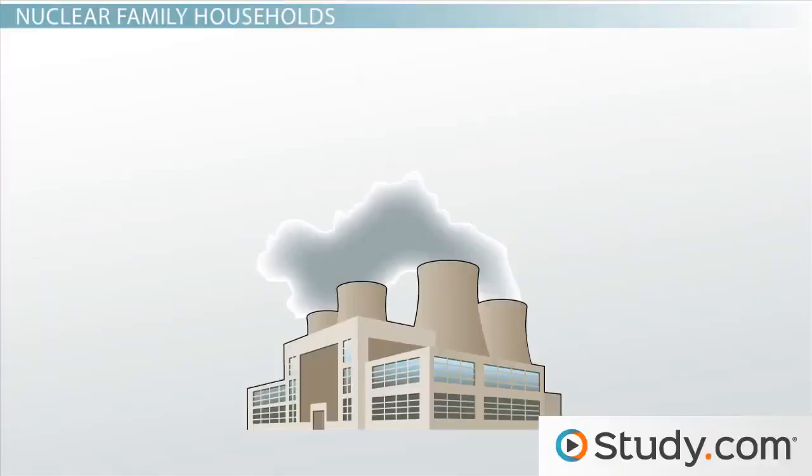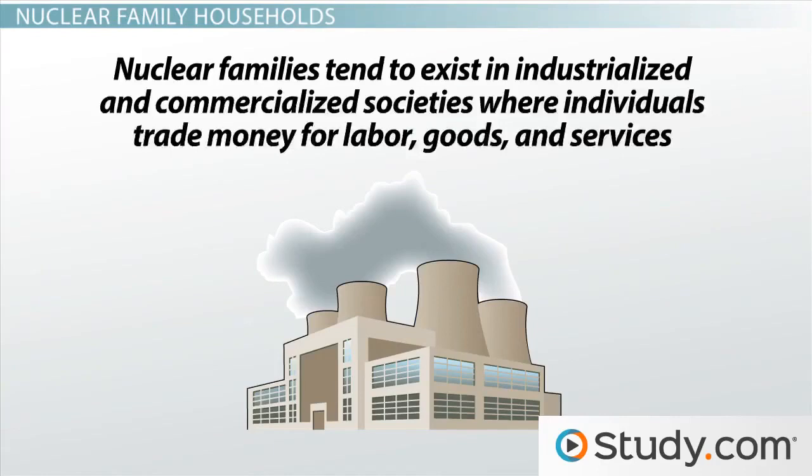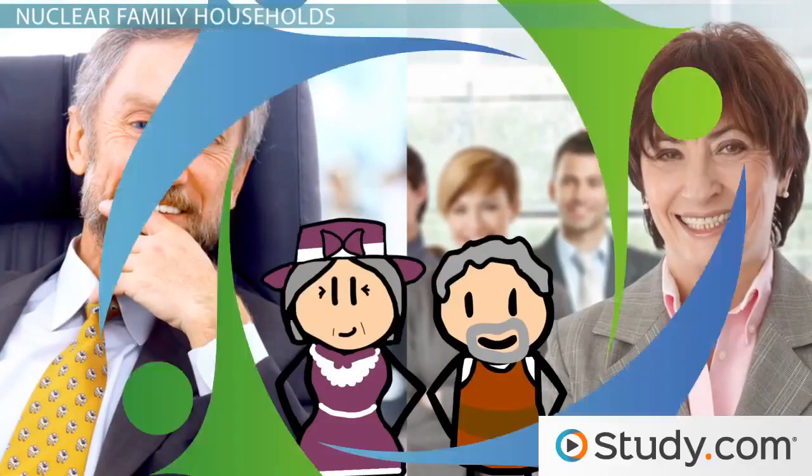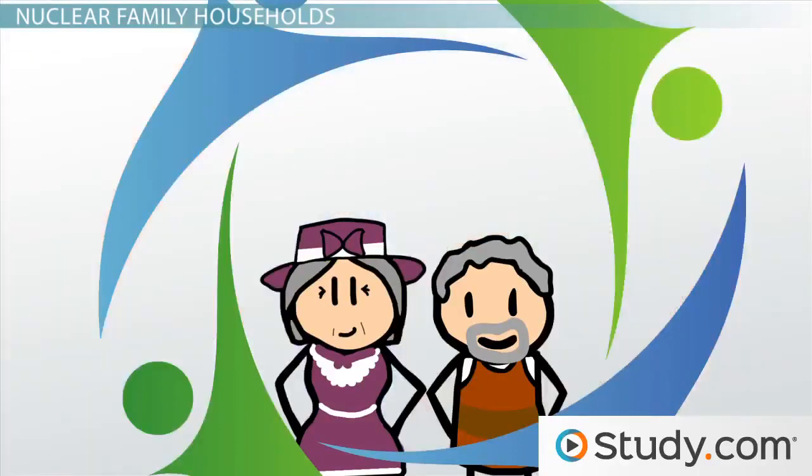To explain, many anthropologists would assert that nuclear families tend to exist in industrialized and commercialized societies where individuals trade money for labor, goods, and services. With this transfer of money for labor and such, couples are usually able to be self-sufficient, not typically needing to lean on grandparents or aunts and uncles and such. Even as I say that, please remember we are speaking in generalities, focusing on the traditional cultural norms of the very modernized West. With the idea of a nuclear family being rather familiar to most of us, we'll move on